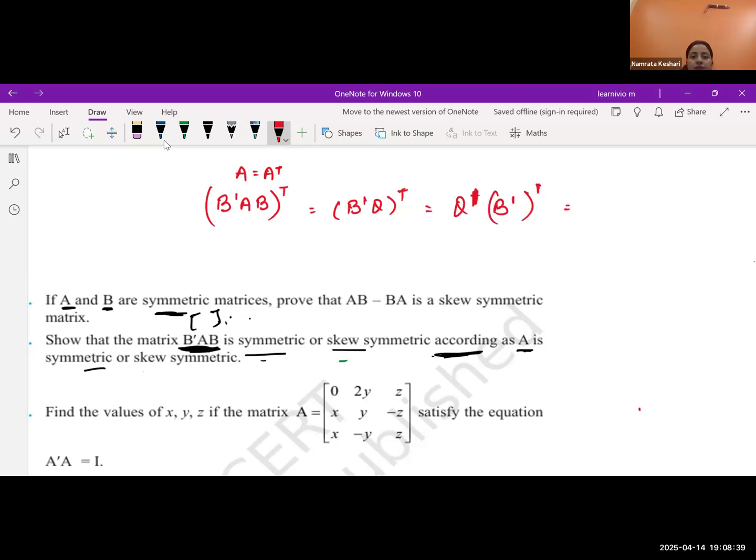Q तो हमारा AB था, राइट? तो AB लिख दें हम Q के प्लेस पे, और B transpose transpose का मतलब जस्ट B होगा। जब भी हमें दो मैट्रिक्स मल्टीप्लिकेशन में हो और ट्रांसपोज हो, तो हमें रिवर्सल रूल अप्लाई करना होता है, राइट? तो यहाँ से हमें मिलेगा B transpose into A transpose, और ये जो B है वो एज इट इज रहेगा।